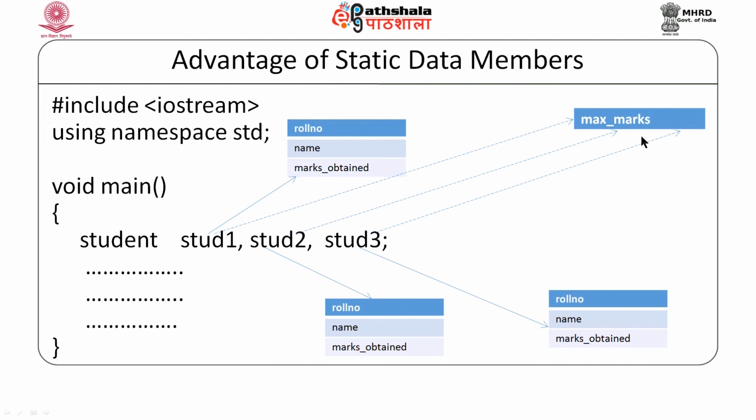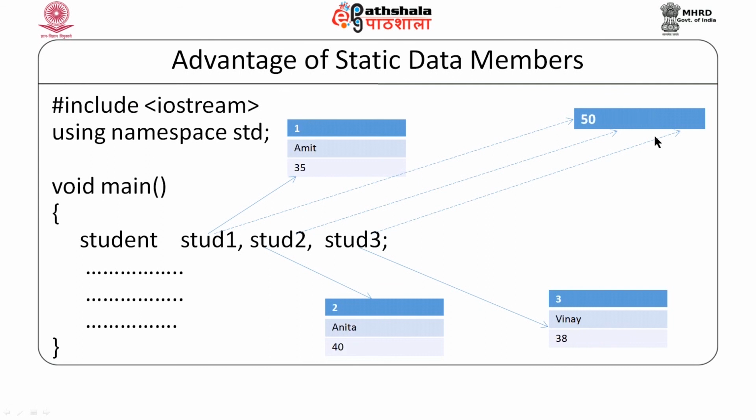One, that we are saving memory. We are not replicating it in every particular object. If we would have replicated it in all the 3 objects, we would have created 3 copies, and we would have needed 3 memory locations, and max marks is an integer, and if we assume that it occupies 2 bytes, we would have required 2 bytes here, 2 bytes here, 2 bytes here, in total 6 bytes. If I have 10 objects, then I require 20 bytes. If I have 100 student objects, then I require 200 bytes, but the moment I make it maximum marks, there is only 1 copy. So, no matter how many objects of student class are created, only 2 bytes will be occupied to store max marks.